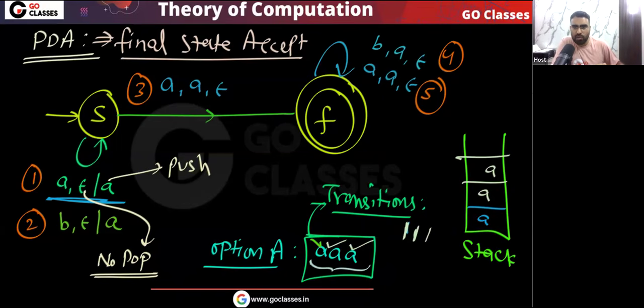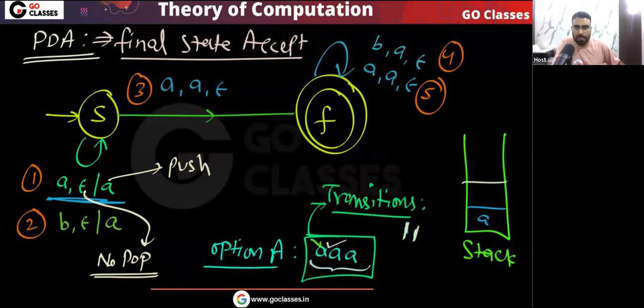So remember what I can do. Can I say this string is rejected? No, no, no, no. There is another way. Remember, this is non-determinism. I want to go to the final state at the end of the string. Is it possible I can go to the final state at the end of the string? Yes, there is another way.